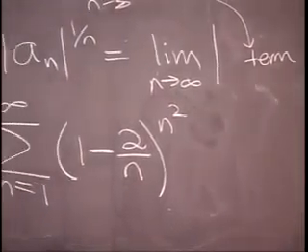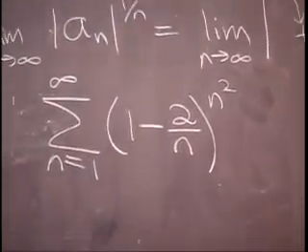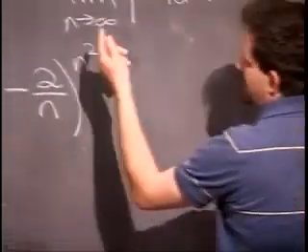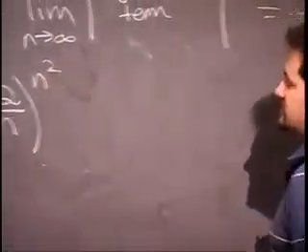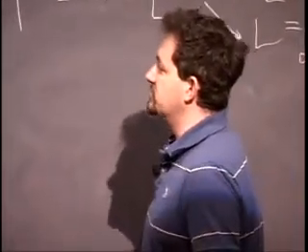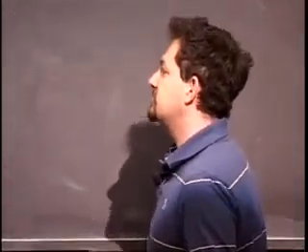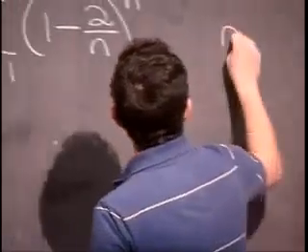So I say use the root test because it's easy to take the nth root of this. You can tell because there's just an n squared on the top here. If there's just a simple function of n in the exponent, then the root test is often a very good bet. So to set it out, I will write root test,